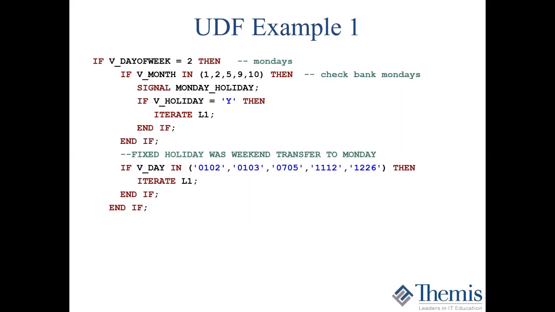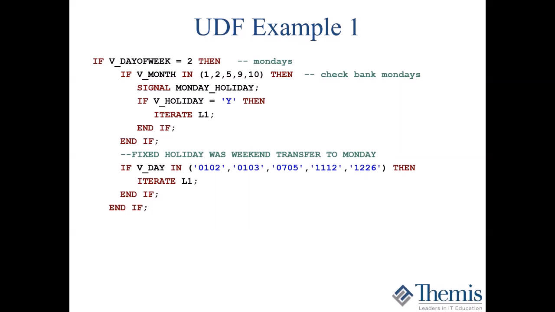And the way I'm doing that, and I'm not going to go through this in detail right now, is I'm doing signal Monday holiday. And if you look up top, I have a handler for that, which is basically a way of making a call to another spot within the UDF. The signal is typically reserved for error handling, exception handling,